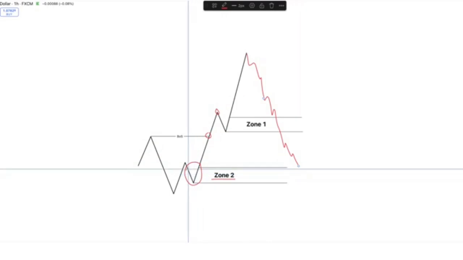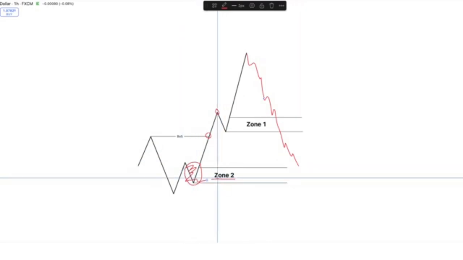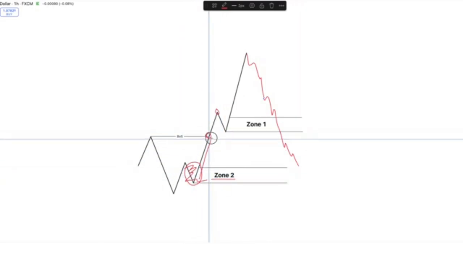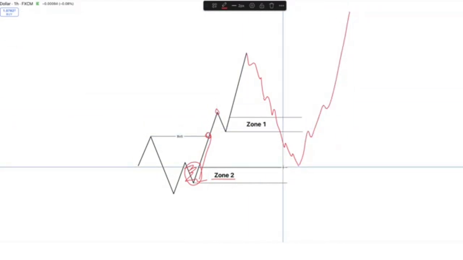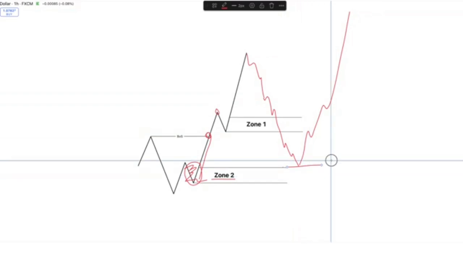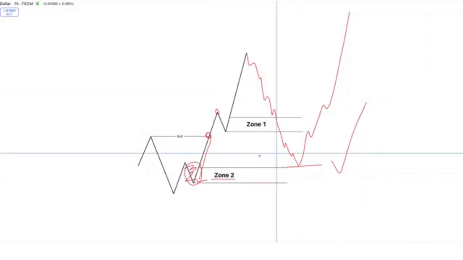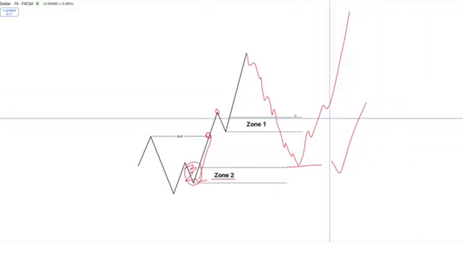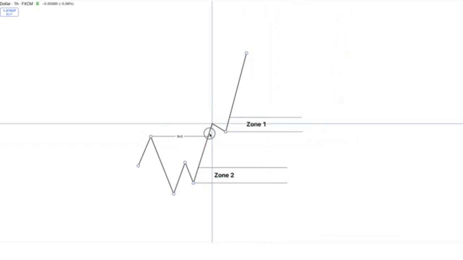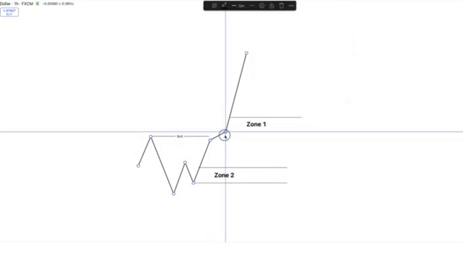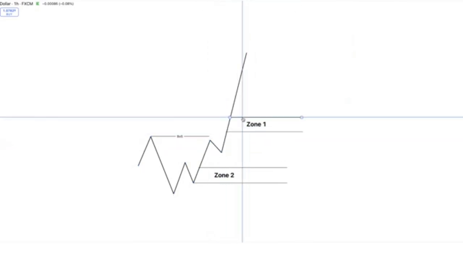So if we know that this is a considerable area of strength, indicated by the fact that it broke structure, we know that it's quite likely the market will come back into here. And therefore, it's probably best for us to actually look at this point for our buying opportunities instead of zone 1. Now, the scenario would then change if, for example, we had a market movement like this, where we had